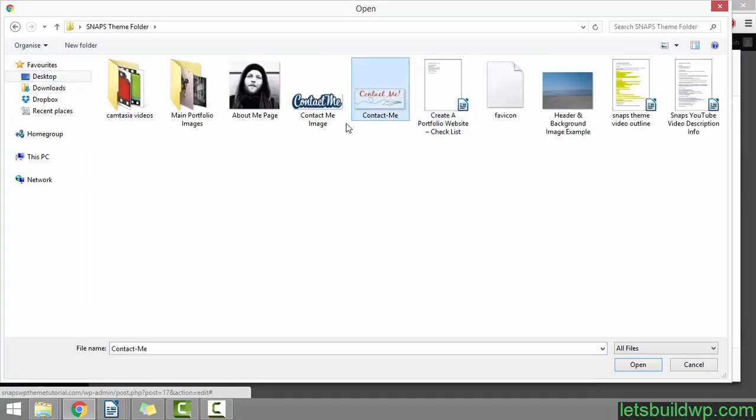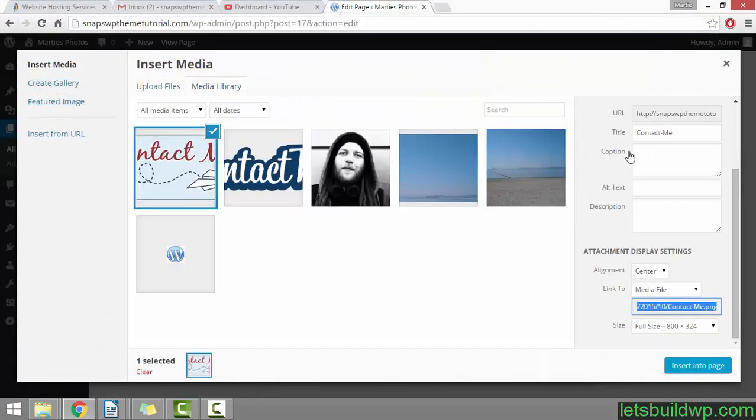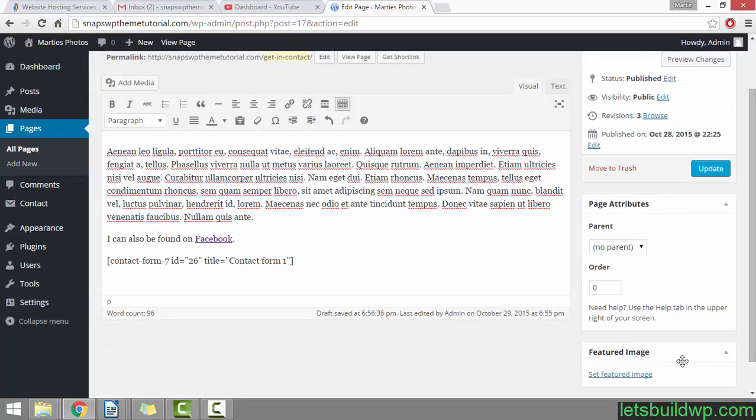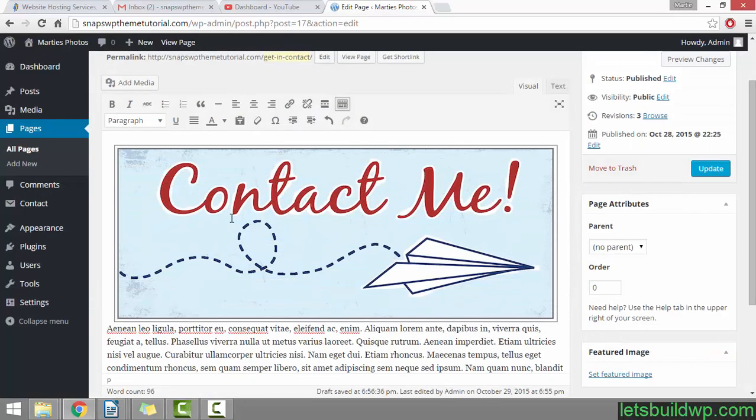So I'm going to use this one instead, so I'm going to click on it and click open. Then here's where I would add my title and alternative text for SEO. Alignment I'm going to leave as center, link to I'm going to set to none, and size I'm going to make it full size. Now I'm going to click insert into page, and as you can see it shows up